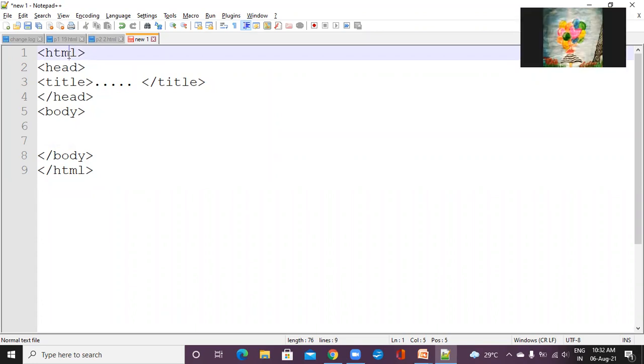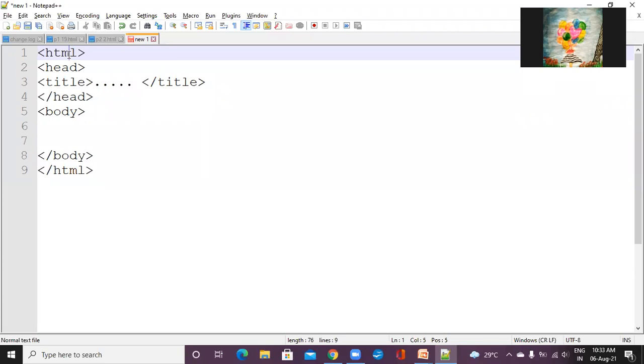Ma'am, after we write all this, our web page will be made automatically. You have to save it now, then it will be made. Right? This is the basic structure of HTML. Your screen is black. Remember, students, Notepad is a text editor. Whenever you save your file in the form of HTML, the color will be automatically changed.